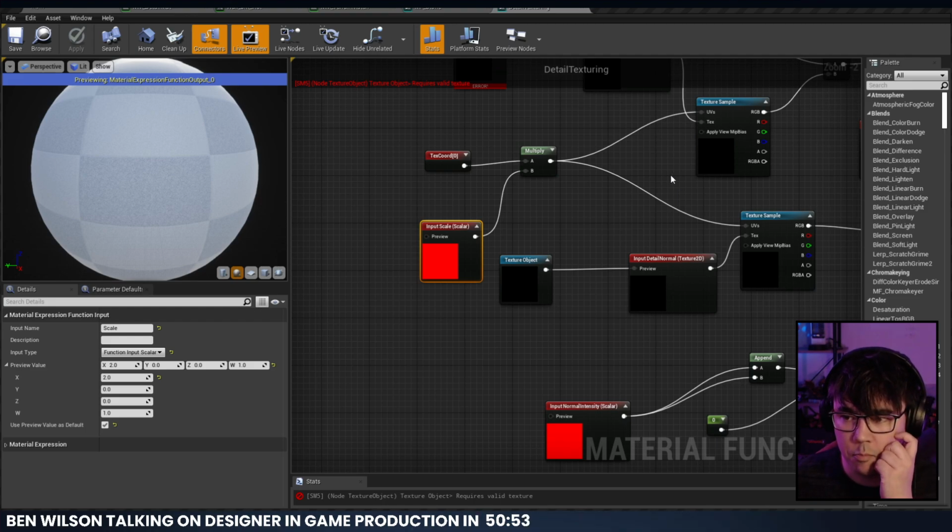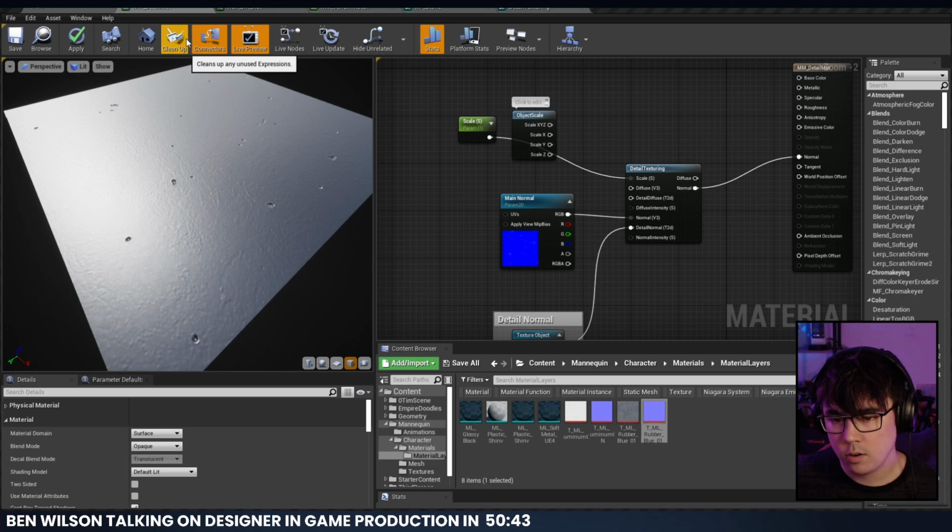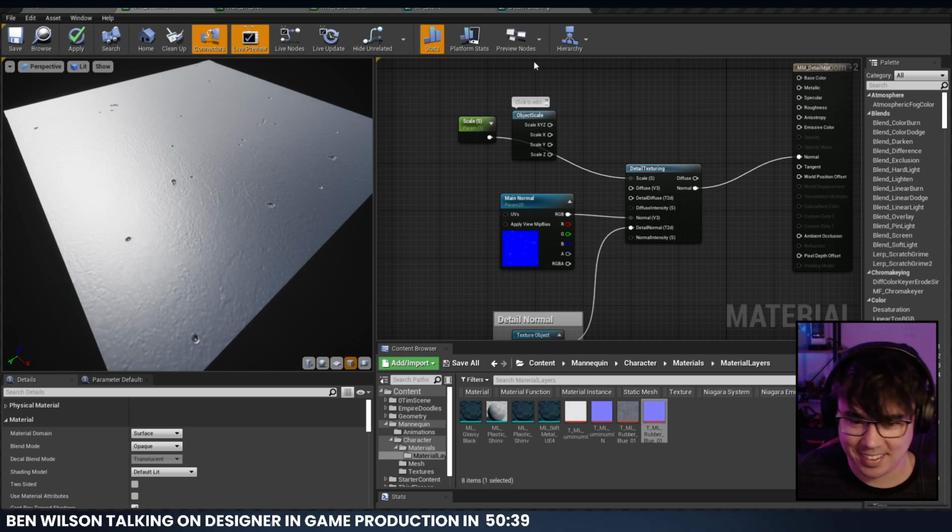Oh yeah, Megascans has detail normals built into their shaders. Sandy, how you doing? Hello. Nice to see you. So, 134, dude. Man, you guys are really excited for Ben, huh? Dude,